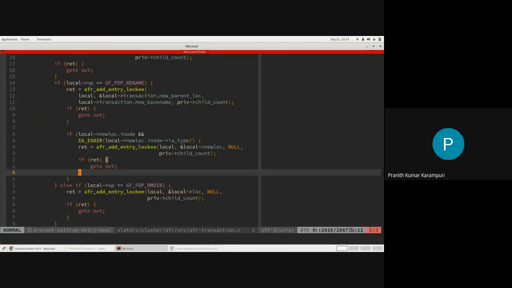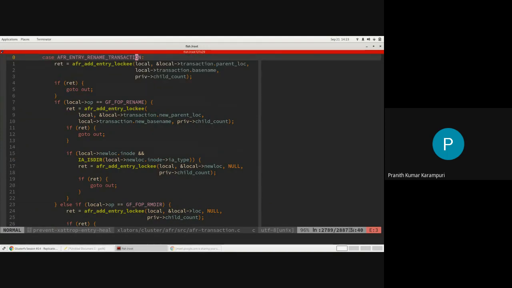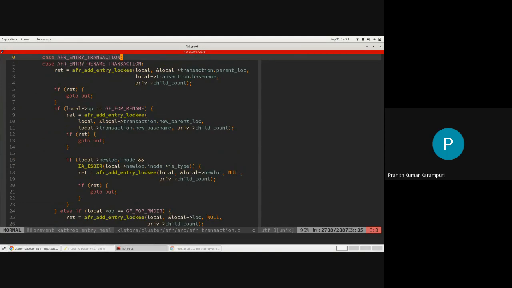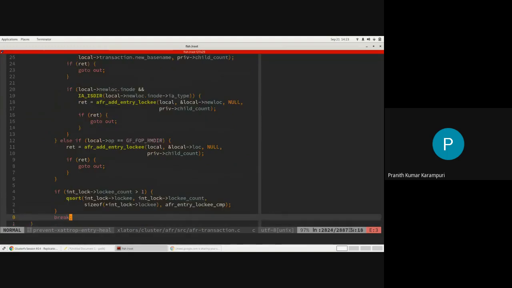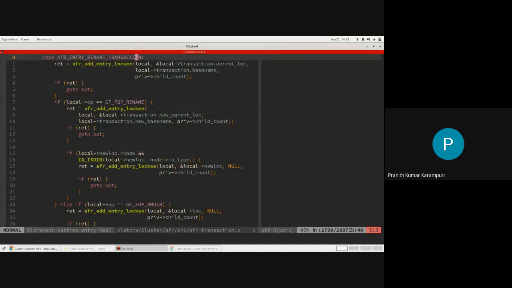Oh, there is a third one which is similar to this. Then there are 3 possibilities.